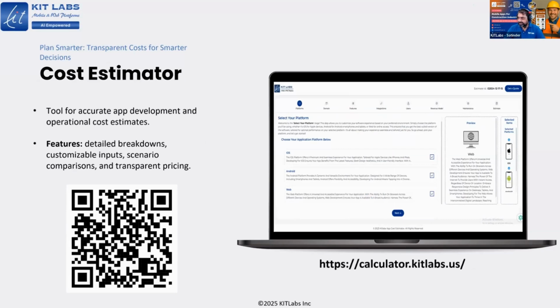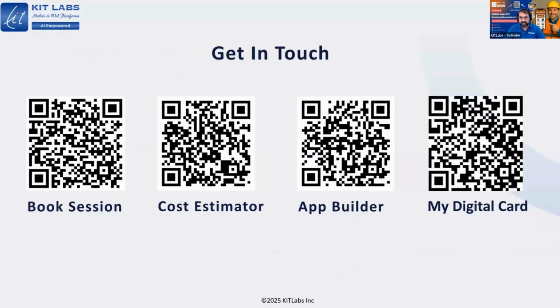Just like I gave the example previously, how many rooms, how many bathrooms. So here you can check, oh, I only want to make it for Android. Okay, you select Android. I only want certain features. I only want project management. I don't want anything else. You select that, and it will walk you through how much that will cost for you.